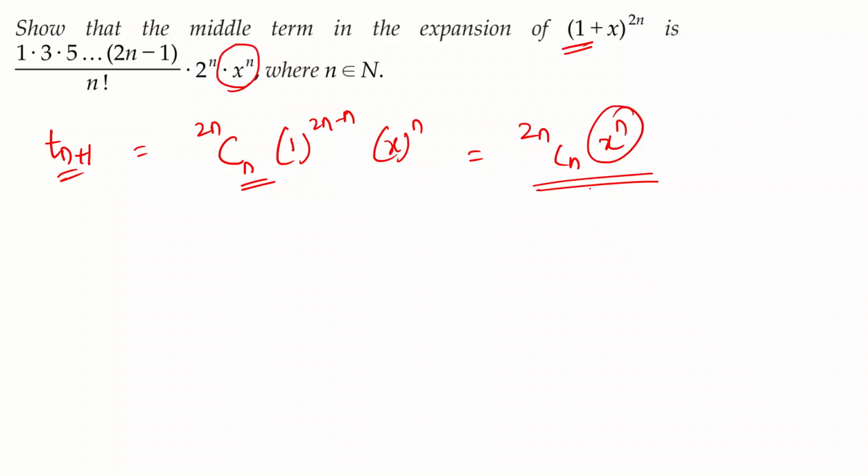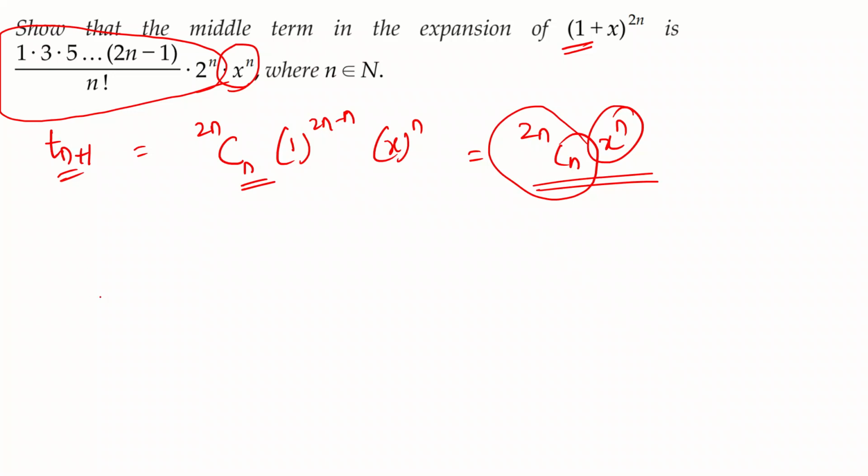All we need to show is that this cute little thing, 2n Cn, is actually equal to this big thing. Okay, and if you remember, we have already done this in our combinations chapter. So I leave this. If you haven't seen my combinations video, I think it's part 1, so please go and see that. So please go and watch that, and I leave this to you as an exercise.